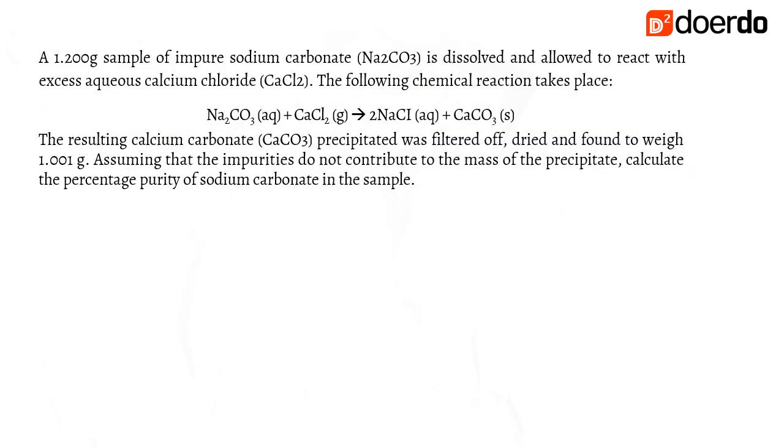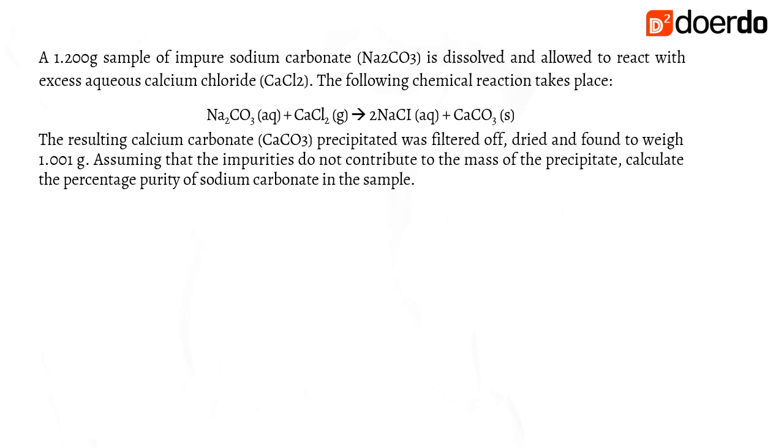For the first question, it states a 1.2 gram sample of impure sodium carbonate is dissolved and allowed to react with excess aqueous calcium chloride, CaCl2, and the following chemical reaction takes place, with the equation stated as such. The resulting calcium carbonate precipitated was filtered off, dried, and found to weigh 1.001 grams. Assuming that the impurities do not contribute to the mass of the precipitate, calculate the percentage purity of sodium carbonate